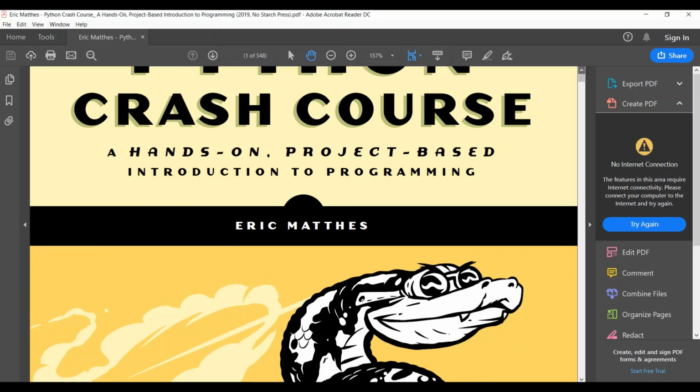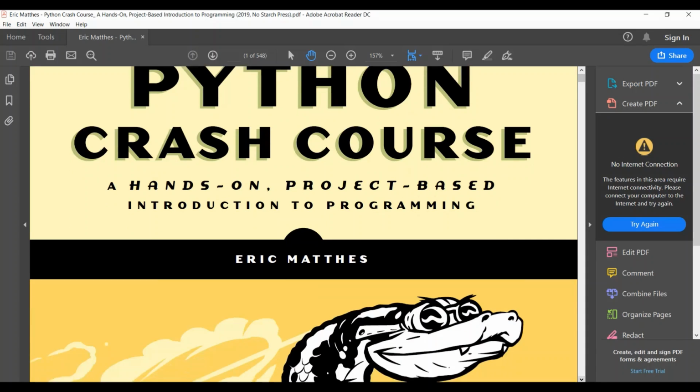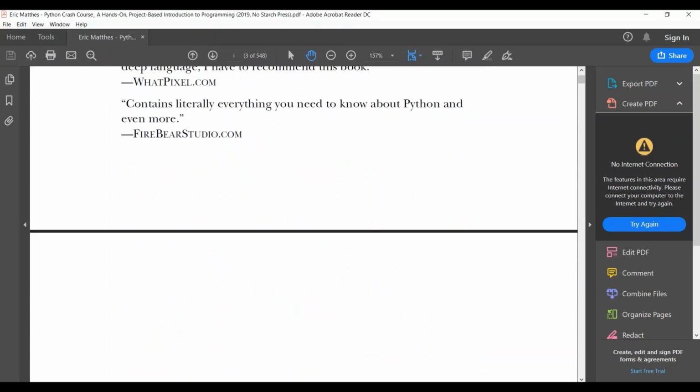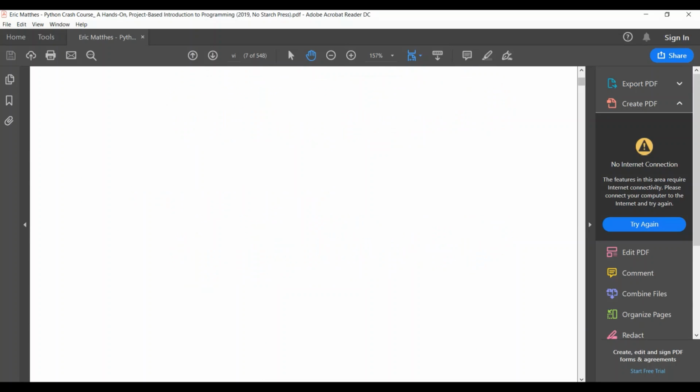The title of the book is Python Crash Course, a hands-on project-based introduction to programming. It's a really good book by Eric Matthes. So if you want to learn about Python, this is a great book to start with. So what I did was the project,